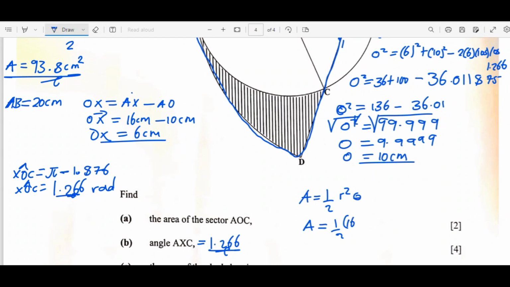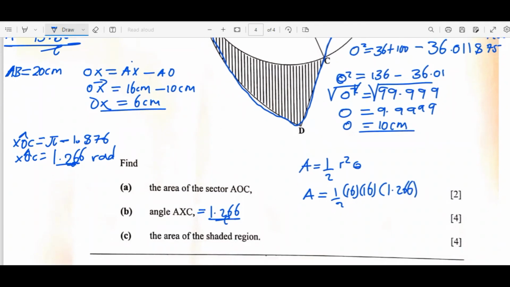So we have 16 times another 16, then the angle is 1.266. 16 times 16 gives me 256. Half of 256 is 128. So 128 times 1.266. So the area for this part is